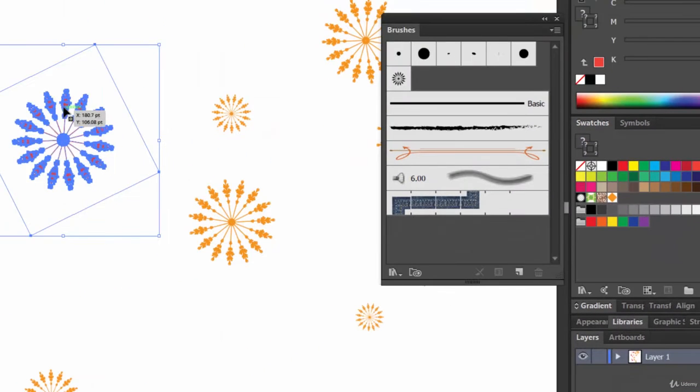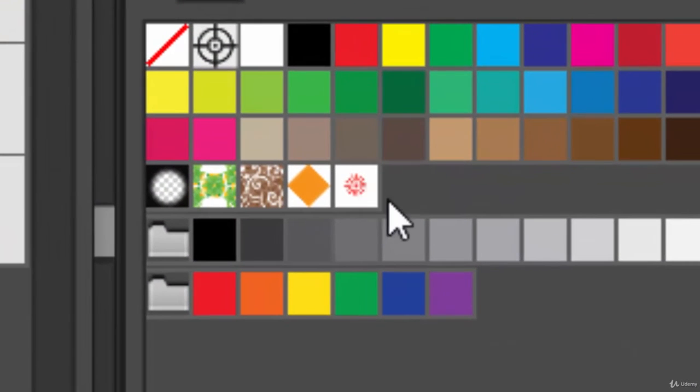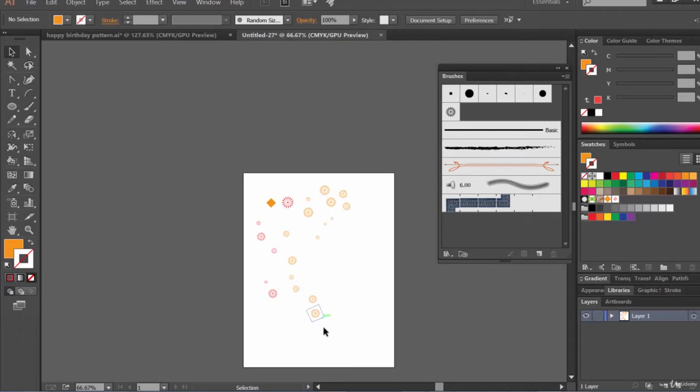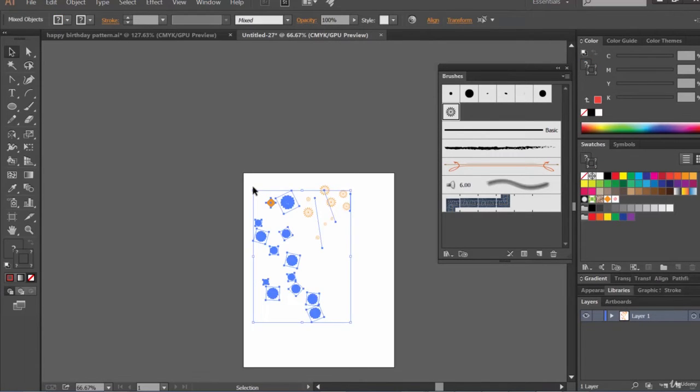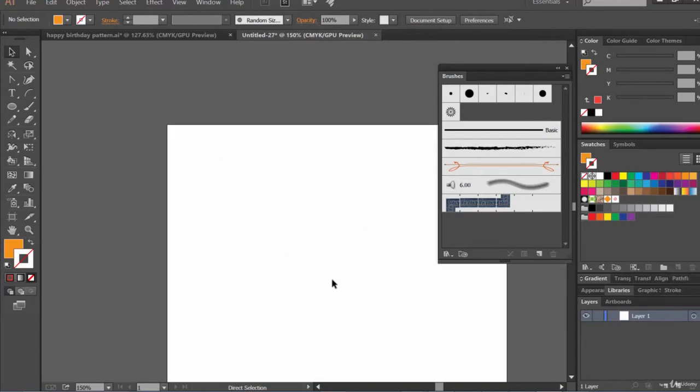Again, select this one, click and drag here, and see, now we can see these, right? Okay, and now let's delete everything. Yup, it's blank fully.